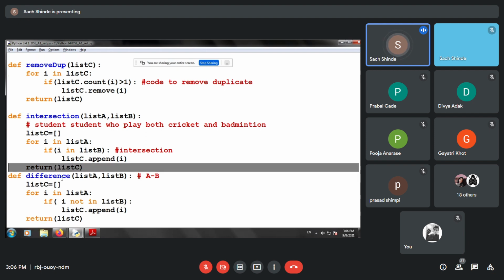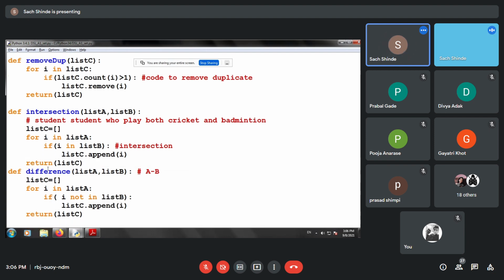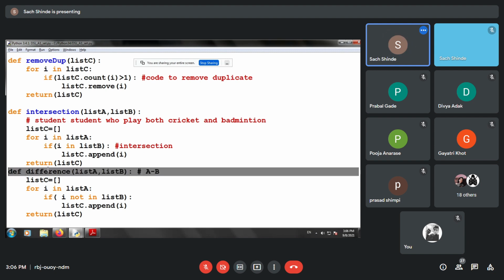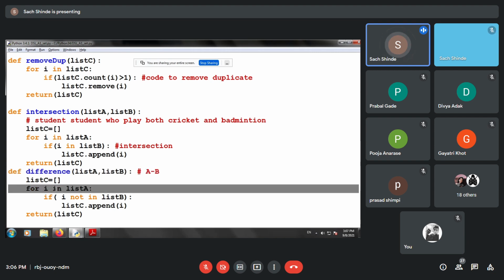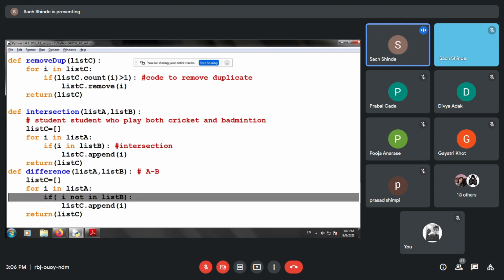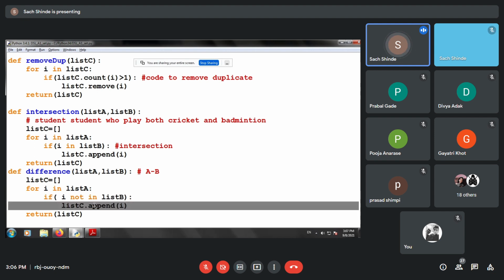Now let us discuss the most important, that is difference, where we have to find A minus B. So we have to subtract A and B. If i is in list 1 and i is not in list 2, then and only then we include it in list 3.